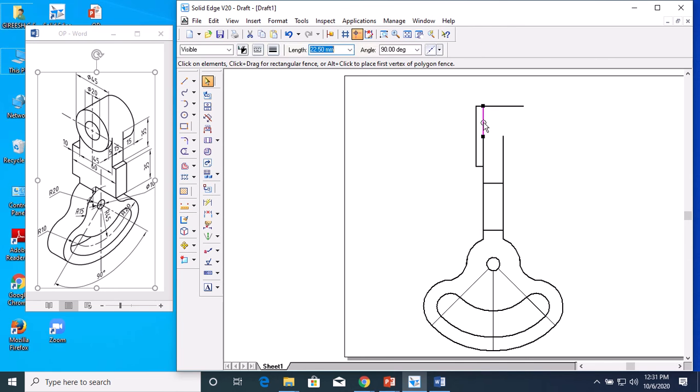From here to here it is 22.5, 45 divided by 2. From here to here, left side 5 mm. The height will be equal to the diameter of the cylinder, 45. From here to here it is 35, then downward it is 45. Then you close this. So this is how the front view will look.